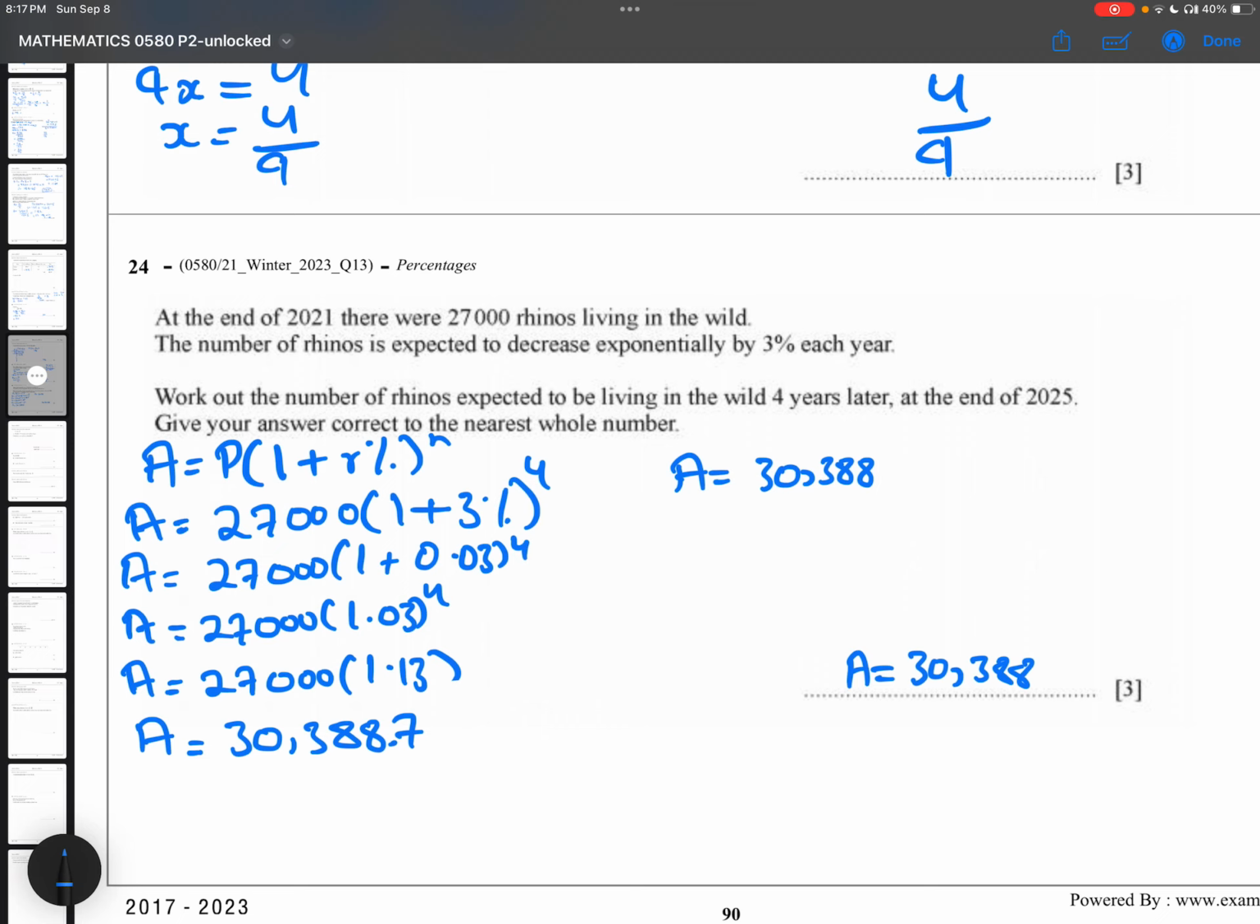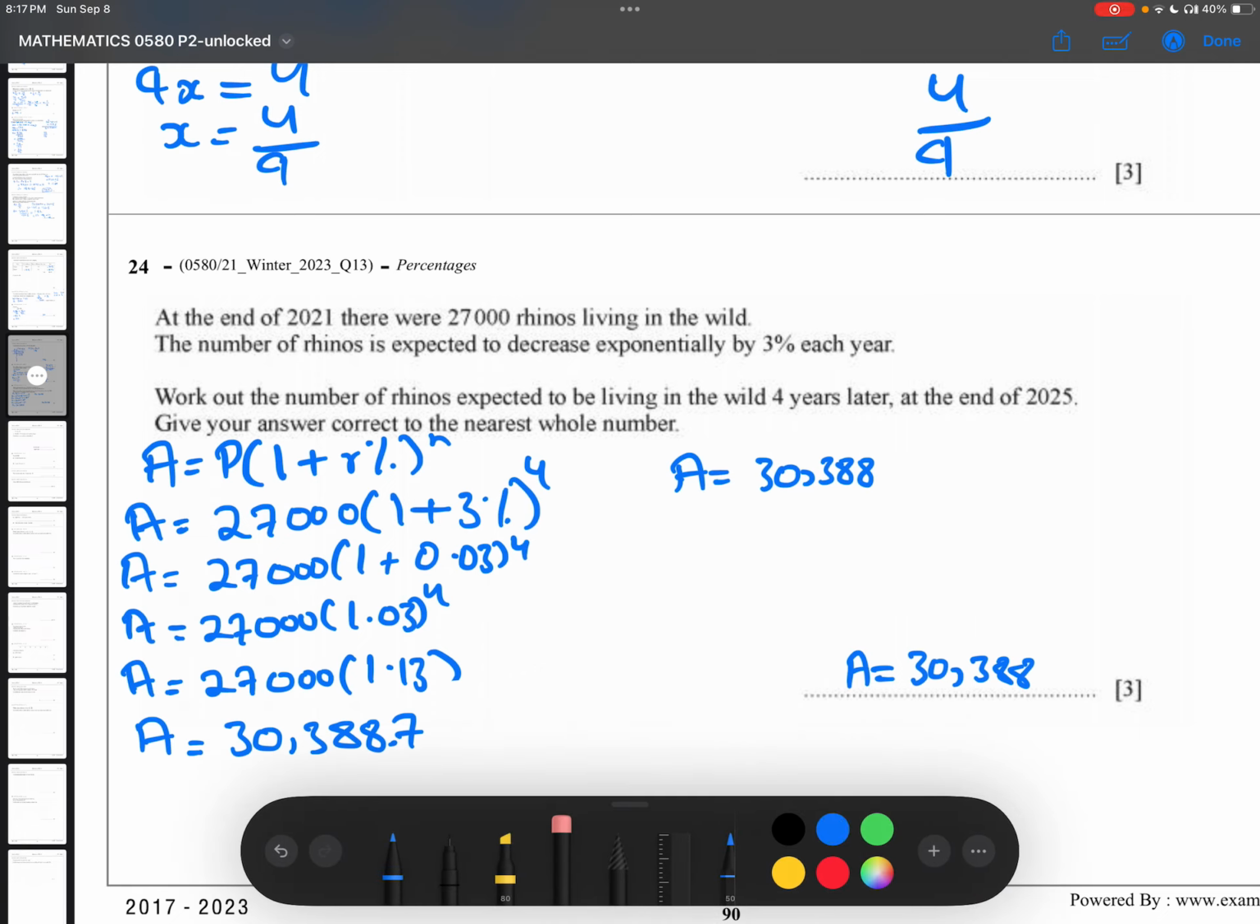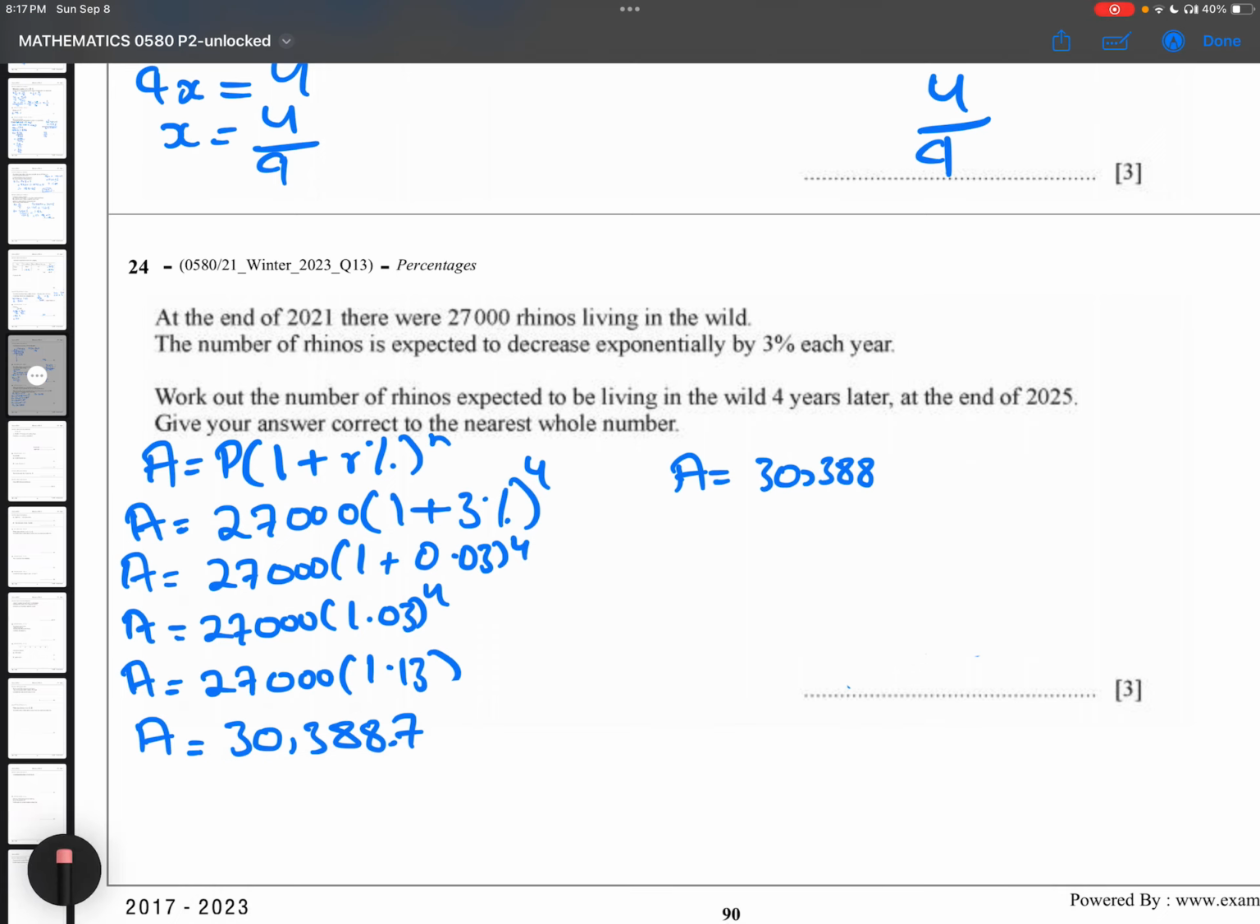I did a bit of a mistake over here. The question says the rhinos decreased exponentially, right? So if there is a decrease in the numbers, it means that I will have to subtract these two quantities. This is not the answer. If I subtract these two quantities,